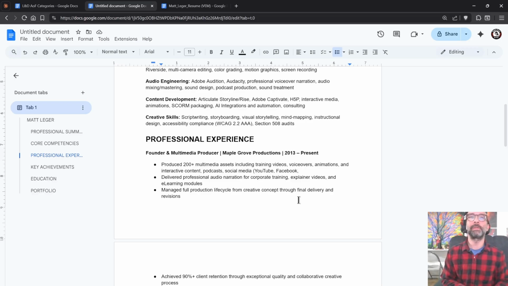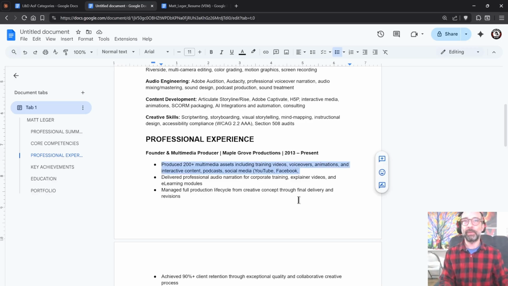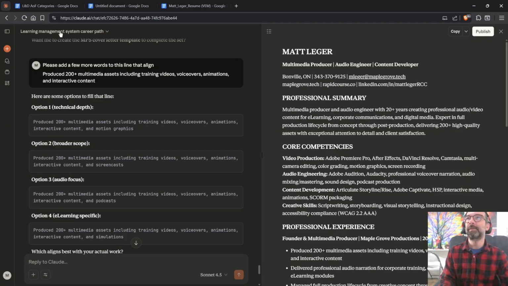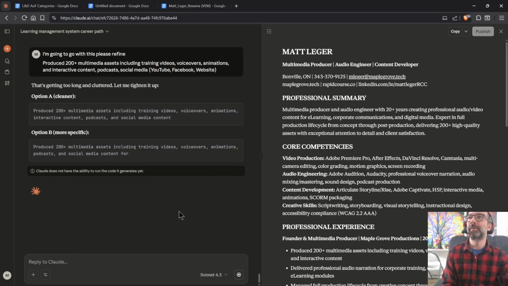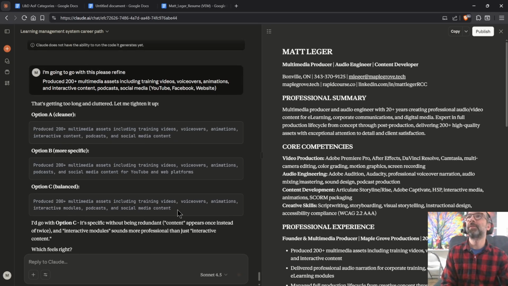Now, I also noticed here that this line's getting a little long and funky. So what I might do, again, in an effort not to overthink this kind of stuff, I'm going to have Claude refine this for me. I'm going to go with this, please refine. And you can be somewhat vague with it, and it should understand. That's getting too long and cluttered.